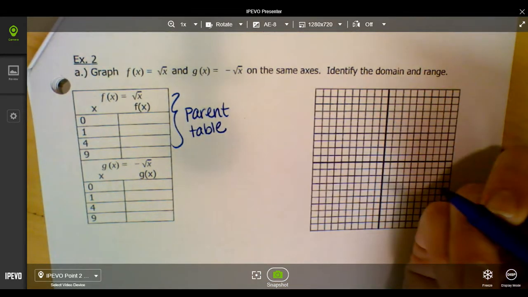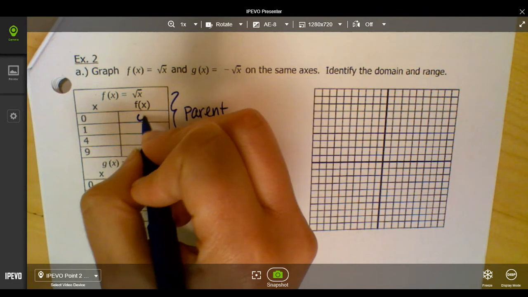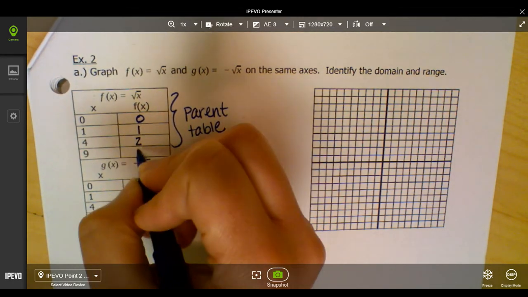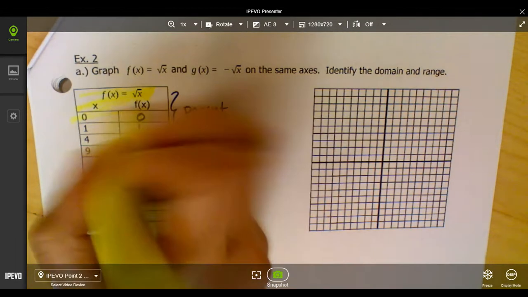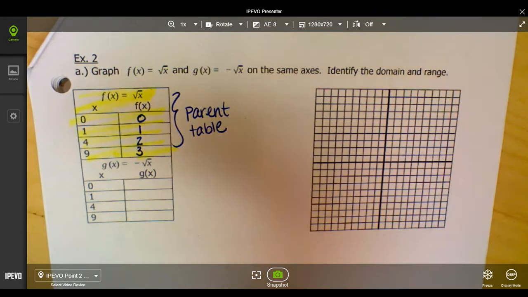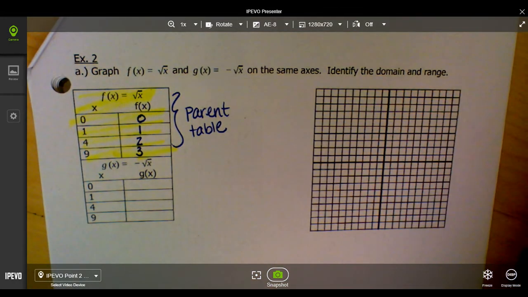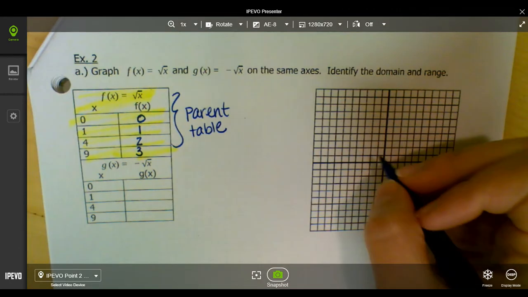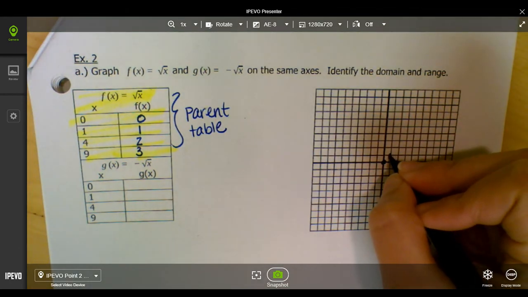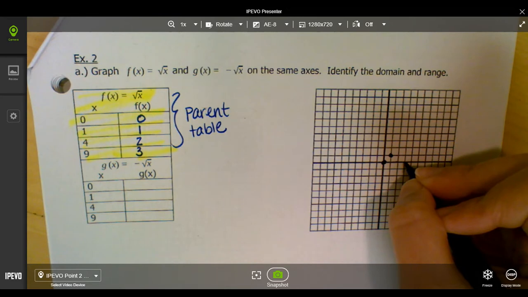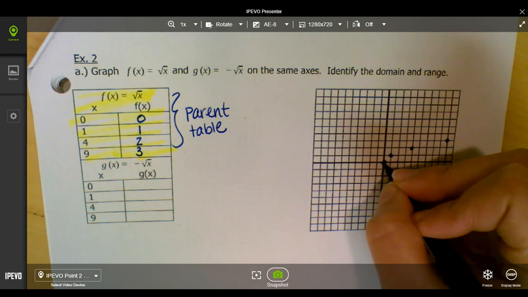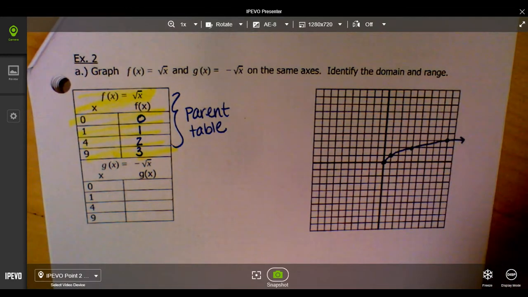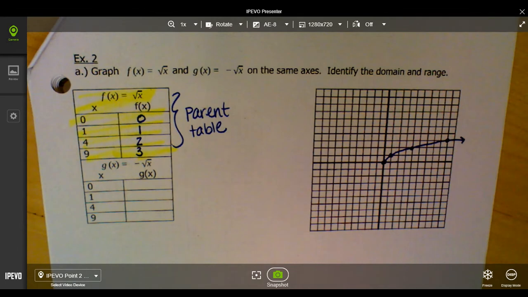And then all we're doing is plugging in these numbers in for x. So the square root of 0 is 0, square root of 1 is 1, square root of 4 is 2, square root of 9 is 3. So again, I'm just going to highlight this for you to reference back to. So this is going to be my parent table for square root functions. So let's graph and see what this looks like. So I have 0, 0, 1, 1, 4, 2, and then 9, 3. And again, I know I'm probably graphing too fast for you, so just pause whenever I go really fast. Okay, then over here,